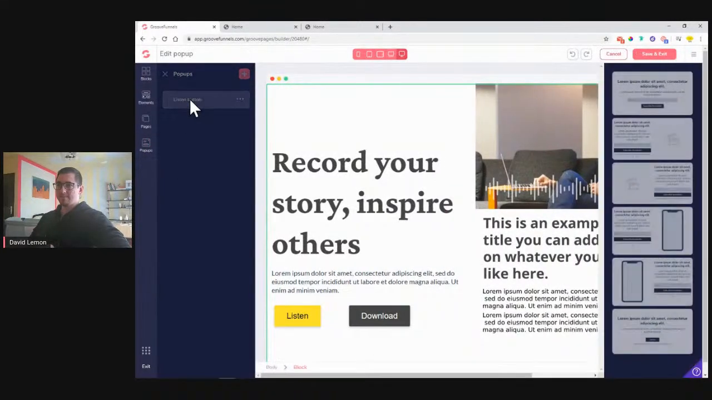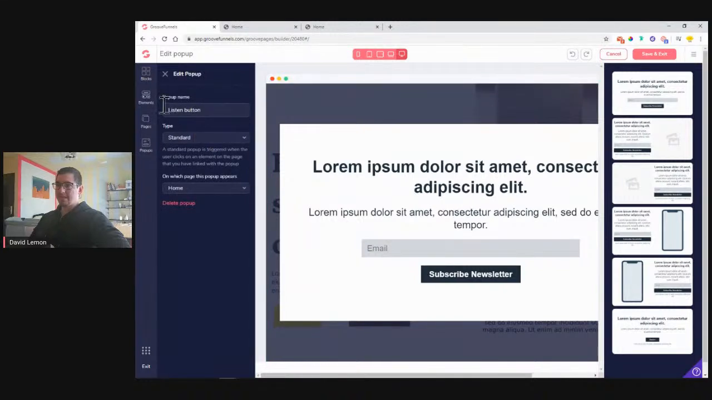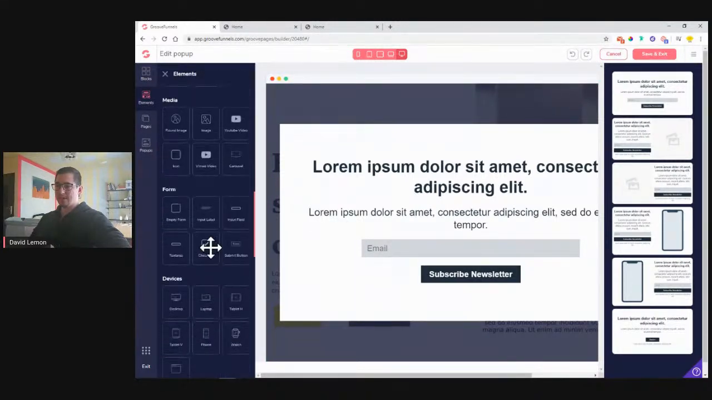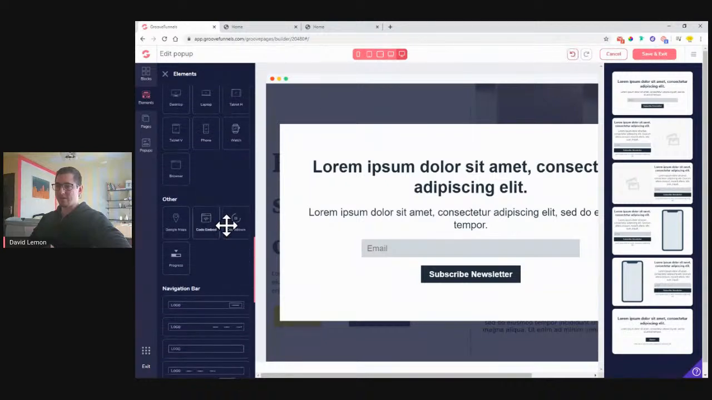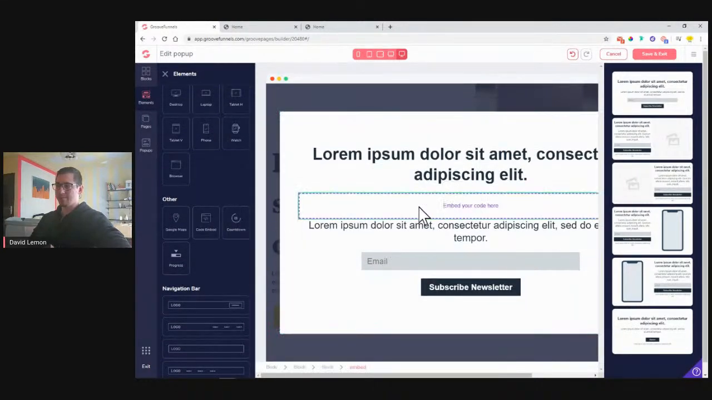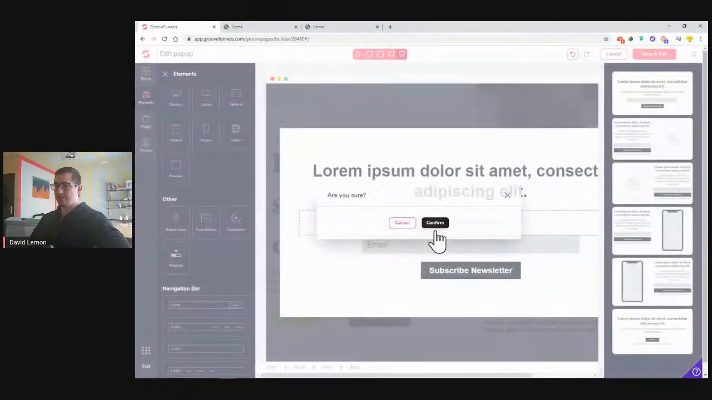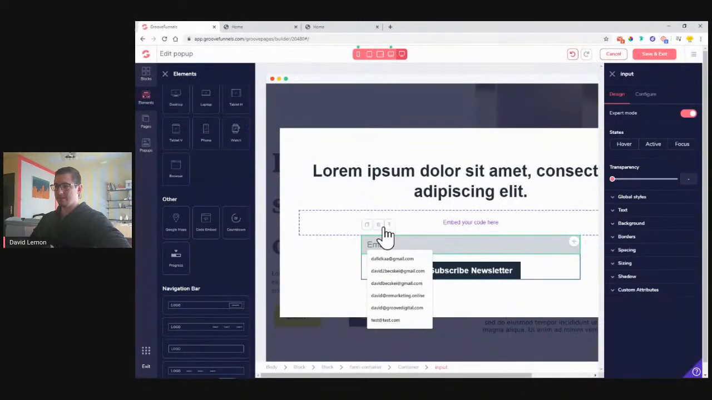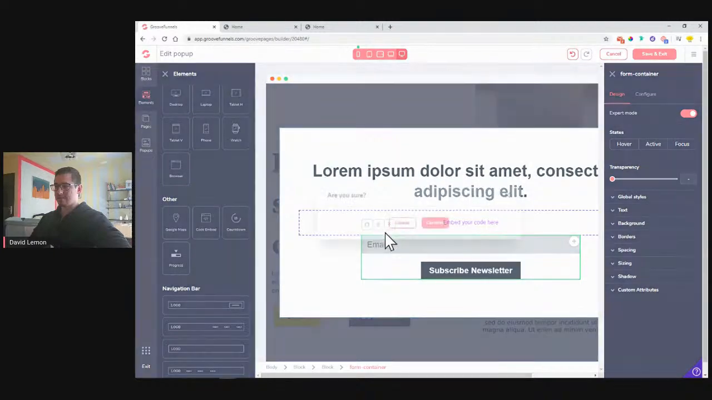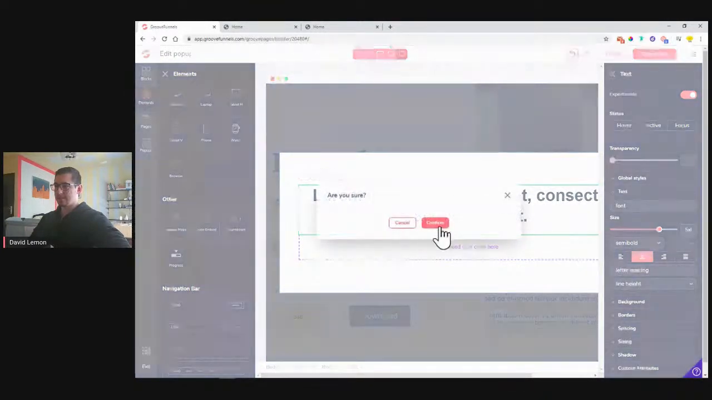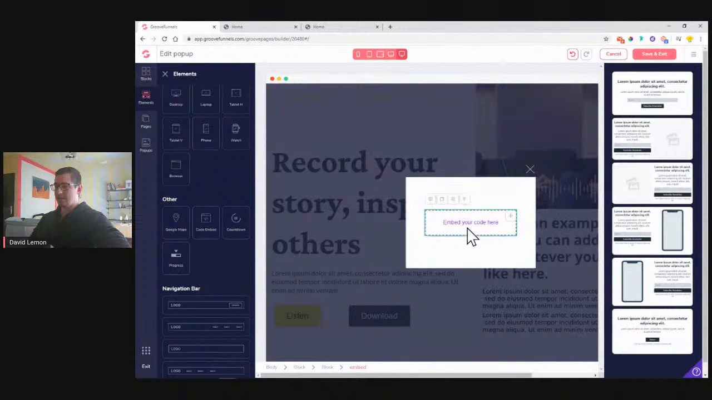So we have now a listen button. And the thing I want to do is pull in a code element. And this is this code embed. I'll just pop it here in the middle somewhere. And then I will go around and then delete the other items that I don't need. Okay, this one, and then